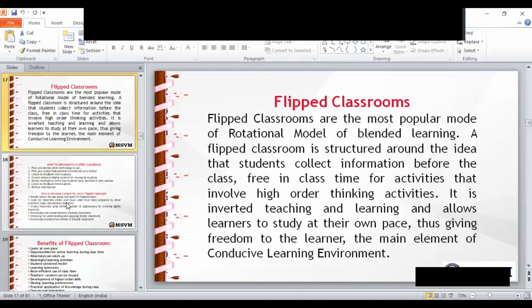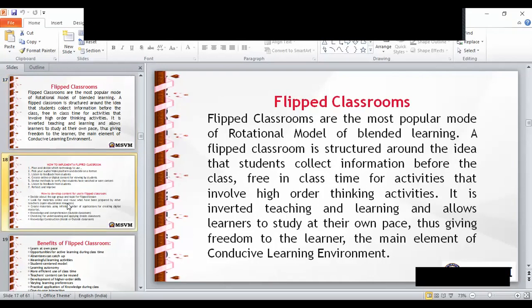It is inverted teaching and learning and allows learners to study at their own pace, thus giving freedom to the learners. And the main element of a conducive learning environment, we have taken the 5 days training on conducive learning environment. In this environment, the flipped classroom we have just discussed.